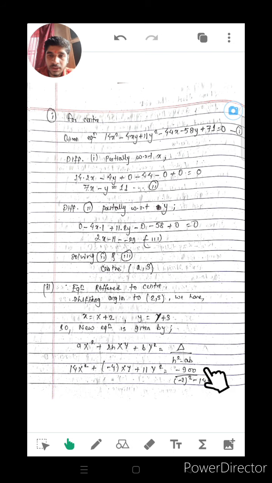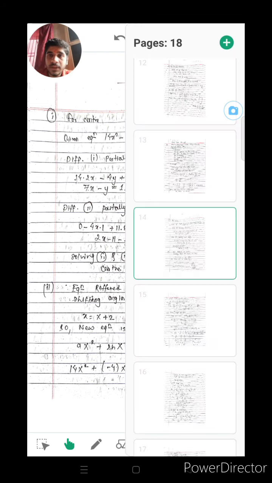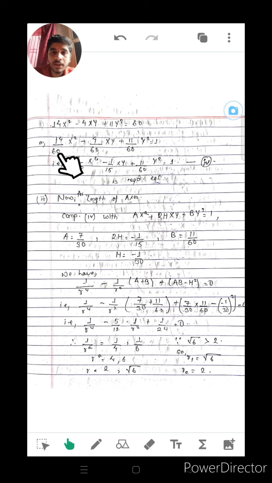Substituting this value here, a 0 is missing. Okay, put that extra 0 and let's move on, and we get this equation. So this equation is the new equation in which the origin is shifted to the center. Now for the length of the axes,